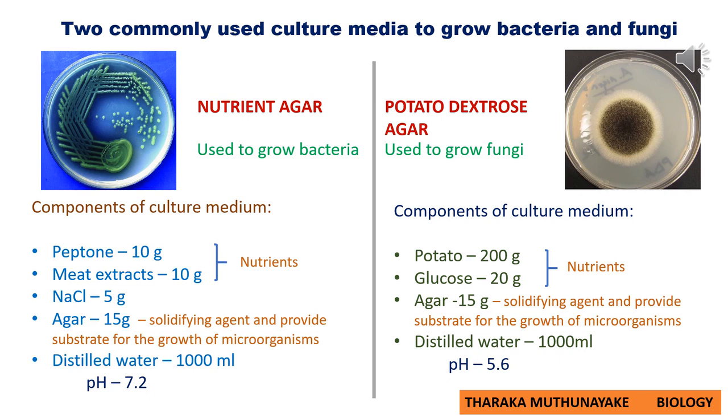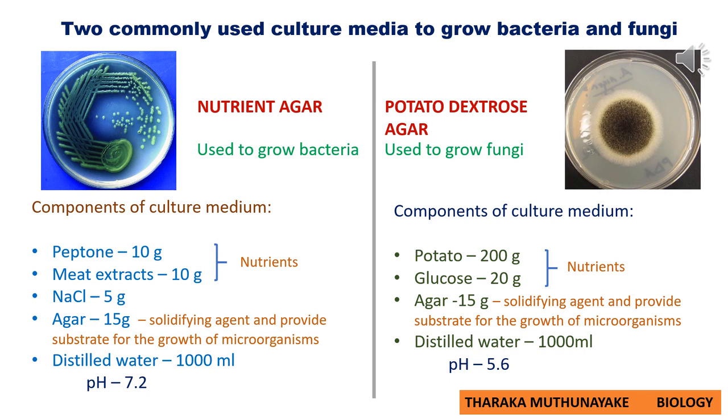Then we can adjust the pH value up to 7.2 by adding diluted hydrochloric acid or HCl and diluted sodium hydroxide. Those can be used like acid, like diluted HCl, and diluted sodium hydroxide as a base can be used to adjust the pH value. Okay, but remember they should be diluted.